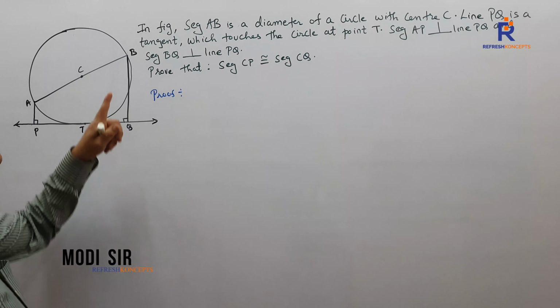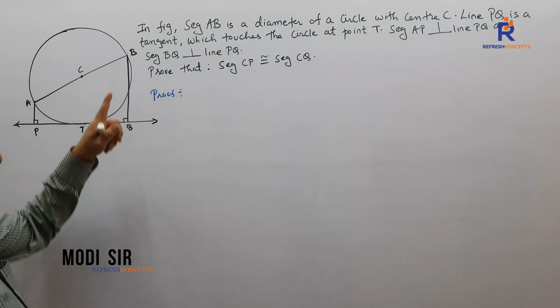This is also 90. Why is this 90, children? Radius is perpendicular to tangent. Rightly said by some of you. So this is what will come in our solution part. They have not given it. Let me make you understand the entire sum and then we write it down. We are not writing any skeletal solution. We are writing the entire sum now.